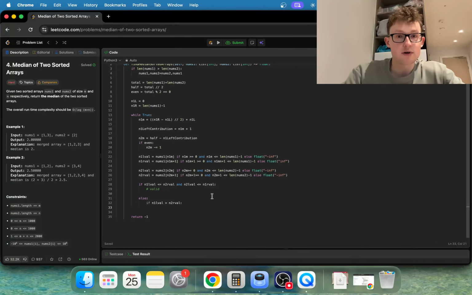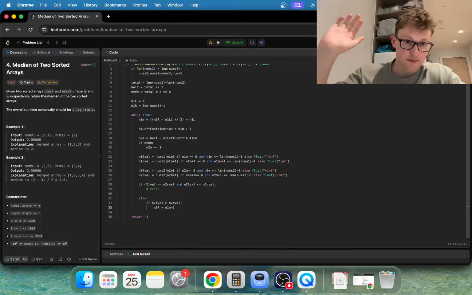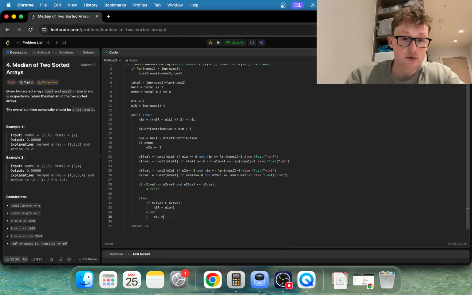So if the n1's left side is too big, we want to adjust the right pointer, set it to the middle, -1, so we go back and we cut off some big elements. Otherwise, we just do the opposite with the left pointer, we move it up.